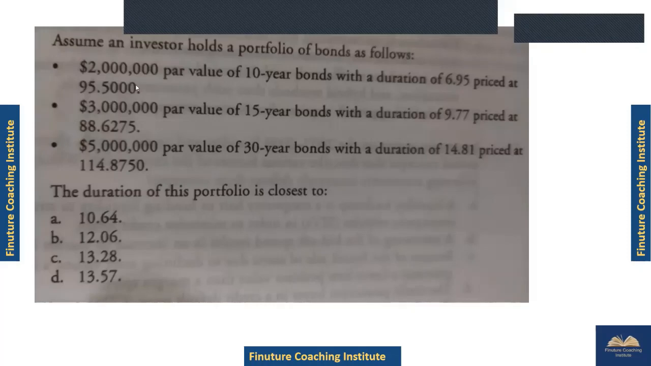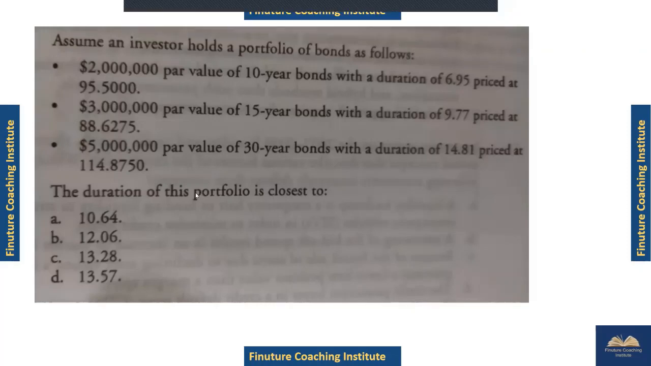So see, this question is very straightforward. Just the point to note is this is your current notional. Your notional is this, but your current price is this. So when you will calculate the weights, you will consider this. So 95.5% of 2 million. So your total denominator would be this as TD. The total denominator would be equal to 2 times